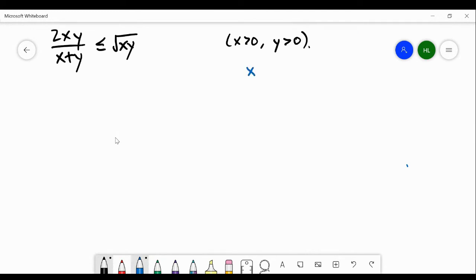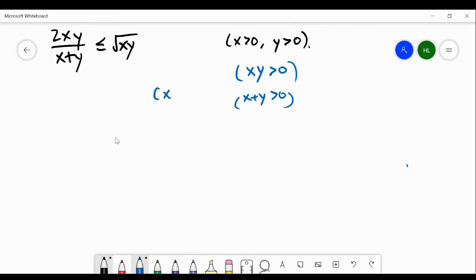The first thing to notice is that because both x and y are non-zero and positive, the product of them is still non-zero and positive. So what we can do is just a cross multiplication of the numbers. And obviously x plus y is also positive, right? So